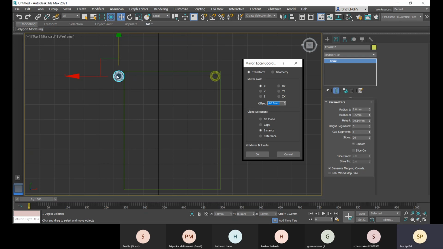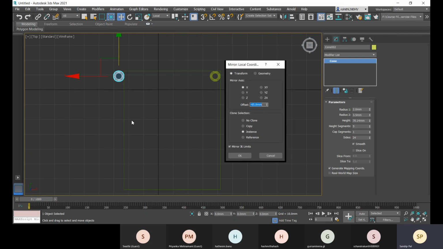And also you have to go with the radius, you have to minus here. That is going to be the 3.5 that you have to minus.